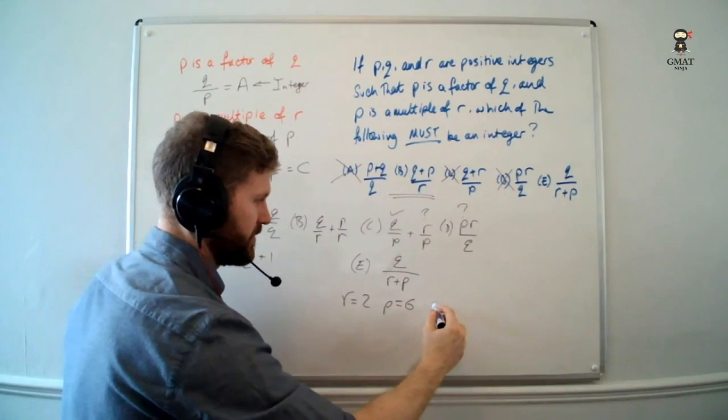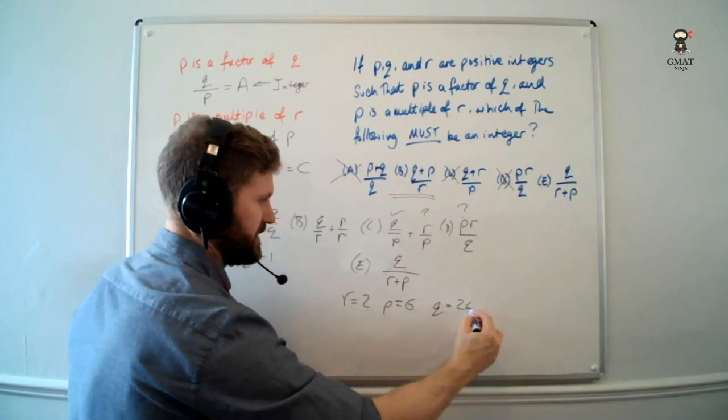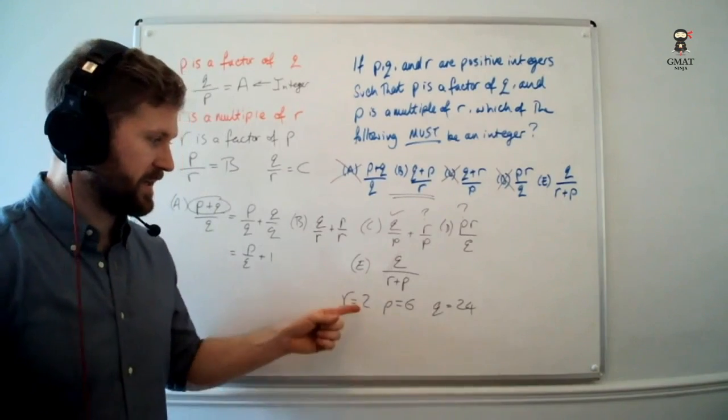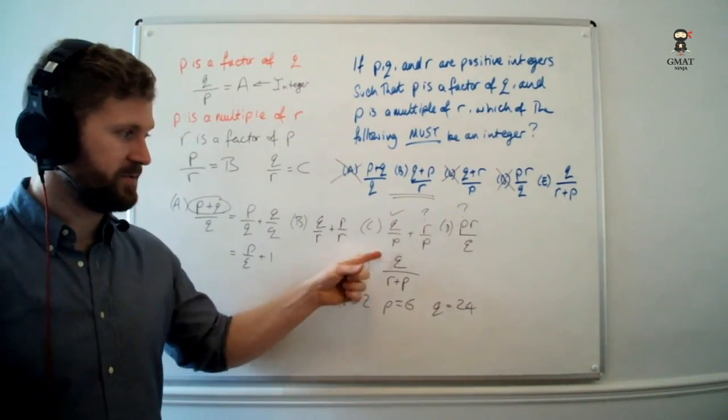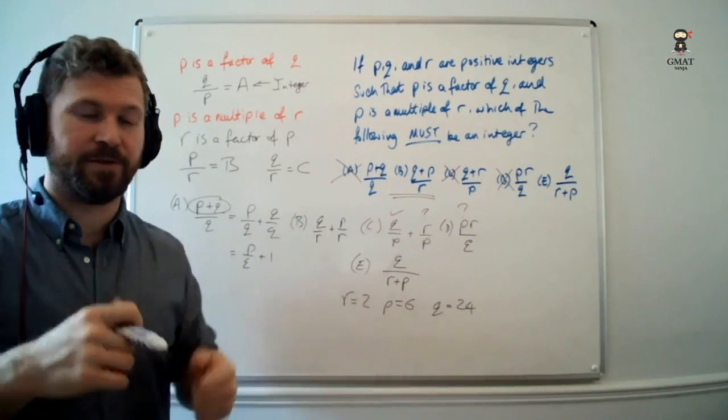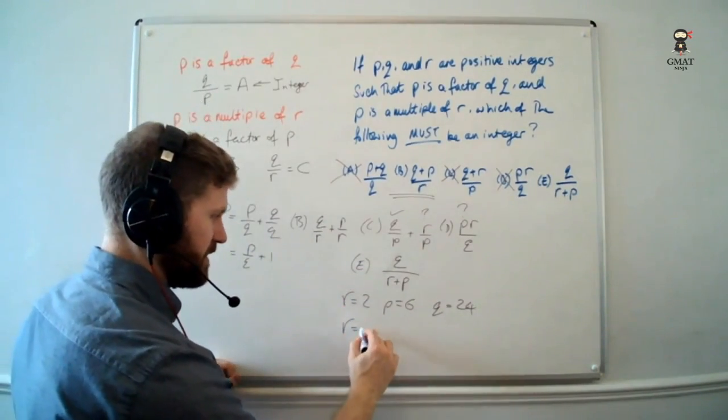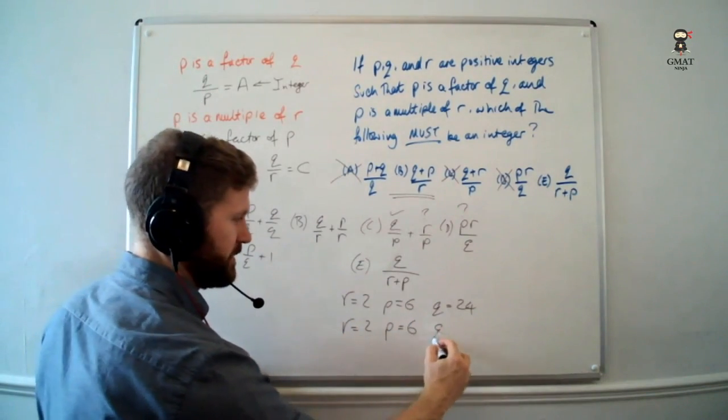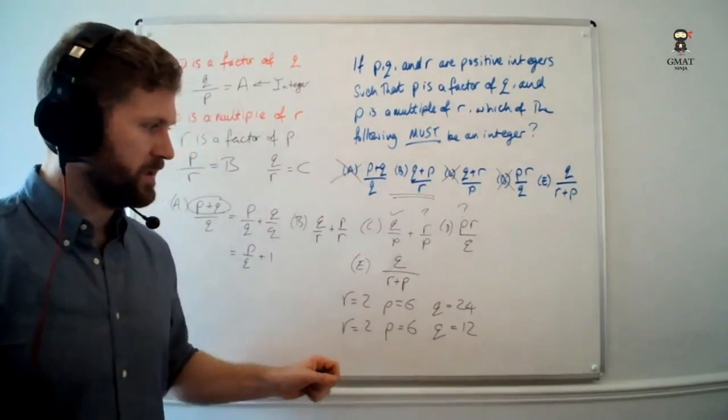In this case, I'm going to have Q being 24. Well, in that case, 2 plus 6 on the bottom would be 8. 24 divided by 8 would be 3. That's a whole number. If I keep R as 2 and P as 6, but make Q 12, well, 2